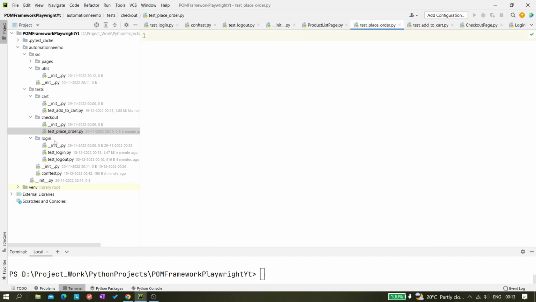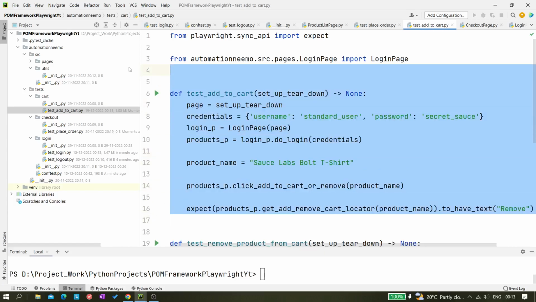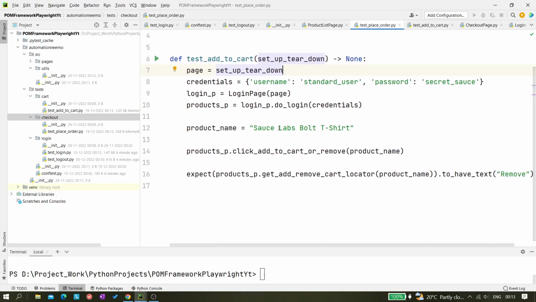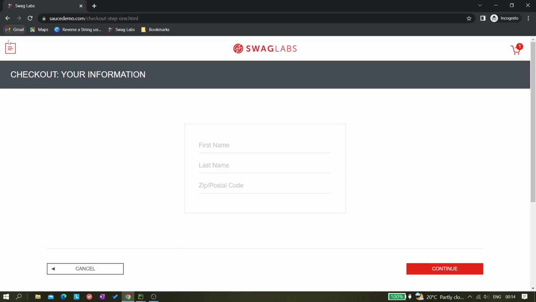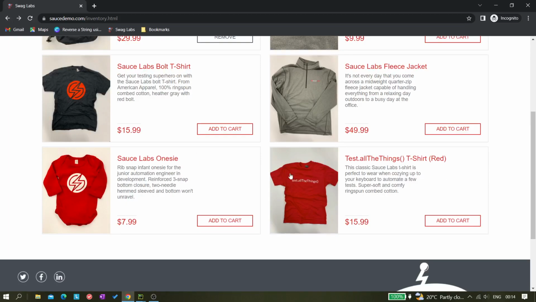So in this checkout file, we can write this end-to-end test, right? So let's copy a few things here. I think this whole thing we can copy and put it here. So we are logging in with the standard user, and once it is done, we are searching for a product. Let's change the product this time. Let me see which product we can take. Let's say we want to take